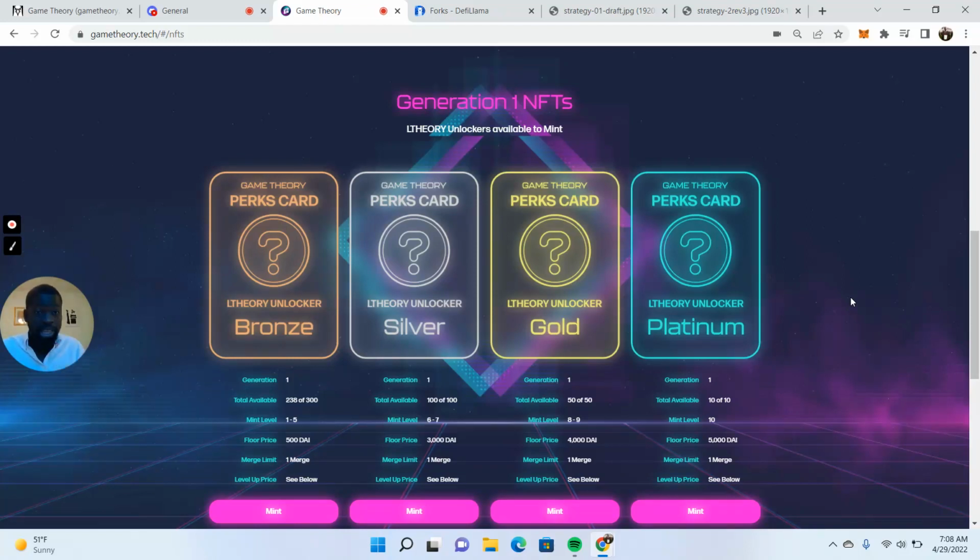So that's how we really look at the NFTs, that they're kind of like our version of the Bored Ape Yacht Clubs in terms of having, and we're going to have genuine utility with those. So you have the investment side of things, where holding an NFT is going to allow you to unlock some of those locked theory rewards. And then you have the gaming side of the NFTs, where they're going to give you perks, premium membership, and access to things that people that don't have those NFTs won't.